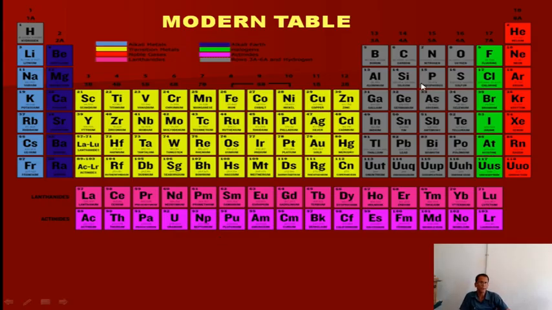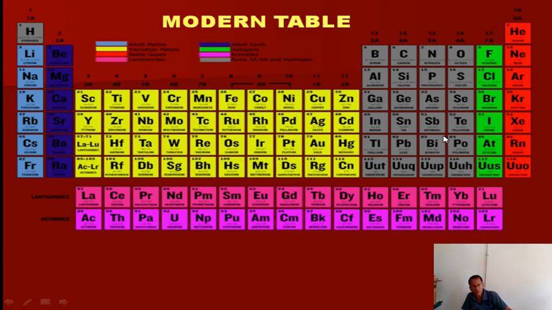This is the P block element. These are P block elements, mainly group 13 to group 18. 13, 14 up to 18. These are called P block elements. Again I am repeating: group 1 and 2 are S block elements. Group 3 to group 12 are called transition elements, and 13 to 18